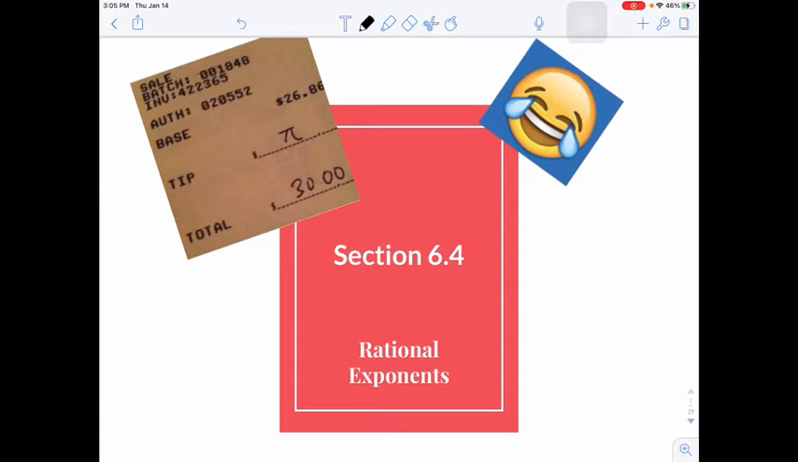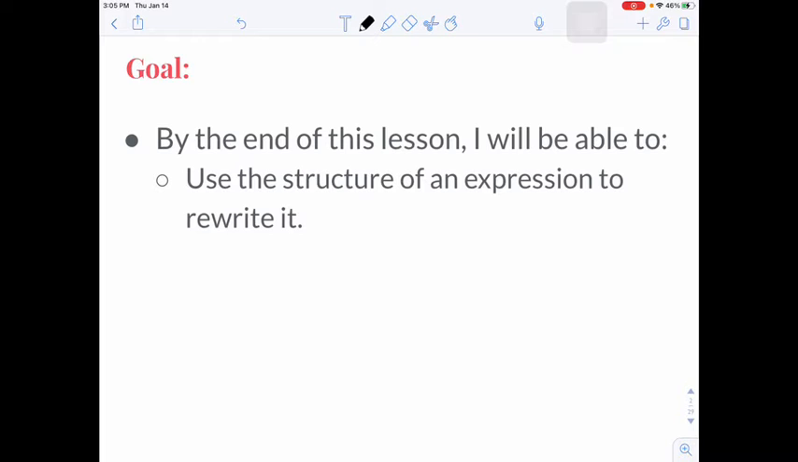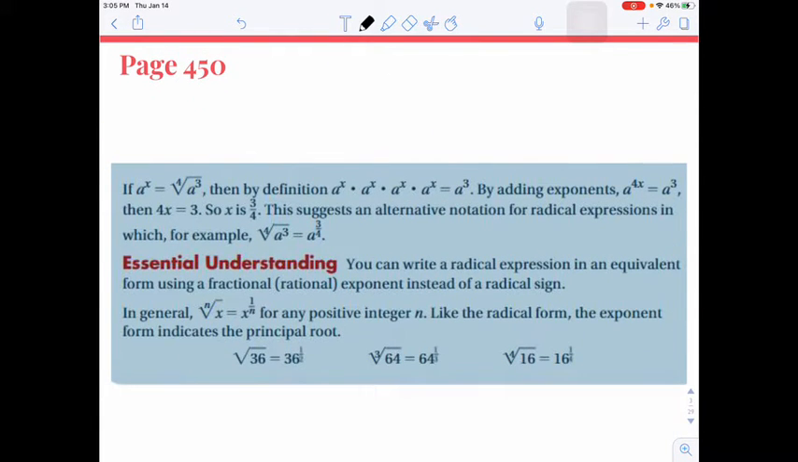Section 6.4 is rational exponents. Our goal is to use the structure of an expression to rewrite it. On page 450, we have if a to the x power equals the fourth root of a cubed, then by